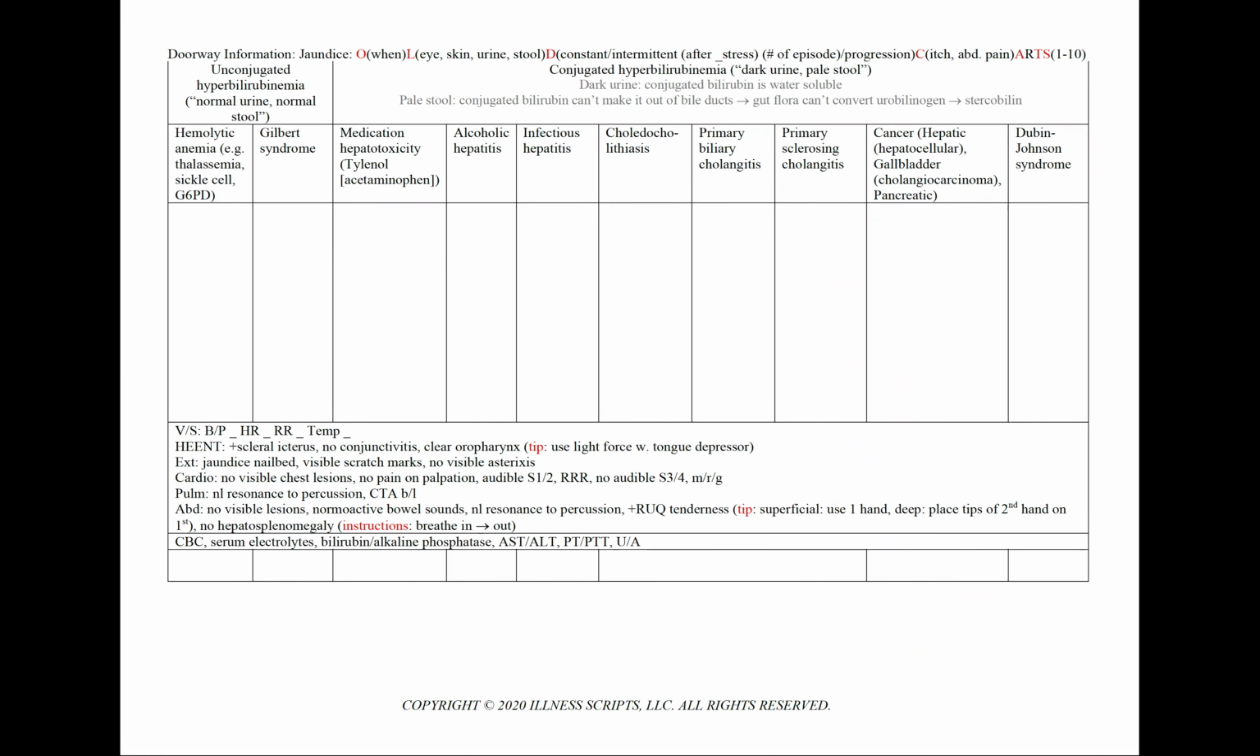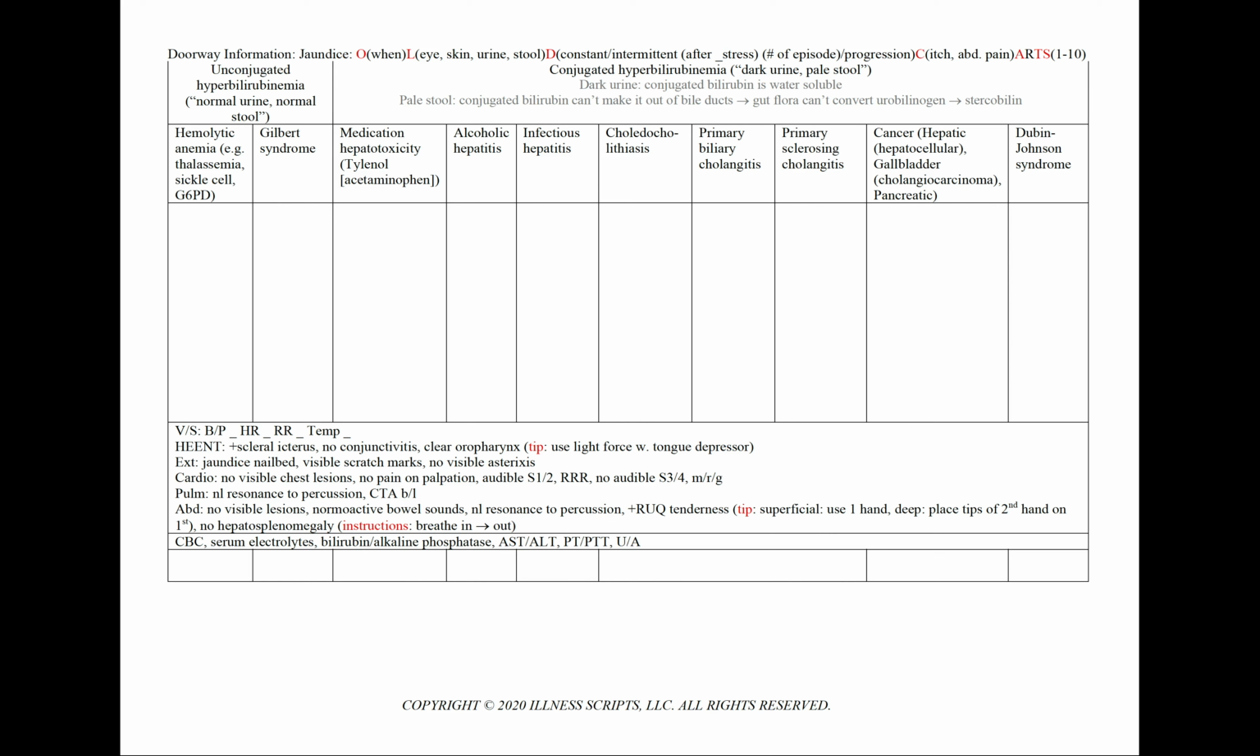Jaundice, using our mnemonic OLD CARTS as our guide, we note the onset, or when did it start. For location, we want to ask our patient where they're seeing their jaundice primarily, in their eyes, their skin, or, as we will note in the review of symptoms, maybe their urine or stool. For duration, we want to know has this been constant or does it occur more intermittently, as we'll see below